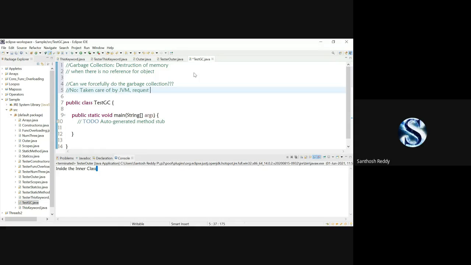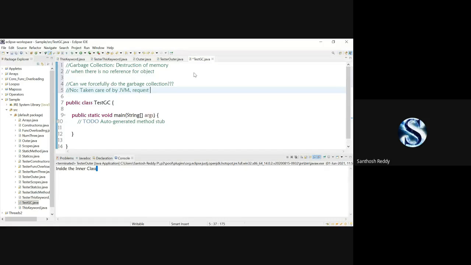Once we request, it is not necessary for the JVM to do the cleanup. It is left to the JVM whether it will do it or not. If it is interested in working on garbage collection to destruct the memory, it will do so. If not, it won't. Make sure you understand why we use garbage collection to destruct the memory.